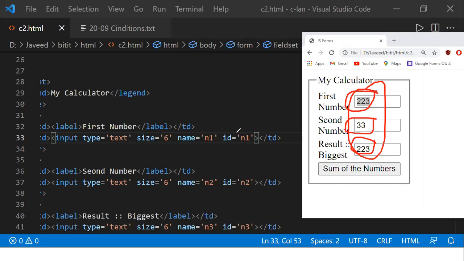So by using this ID attribute, what I'm doing, I'm getting the data what is there in my text box, and then that data which is there in the string format for me, that I'm converting it to the numerical value, and then I'm going to do it. Yeah. So any other questions over here?